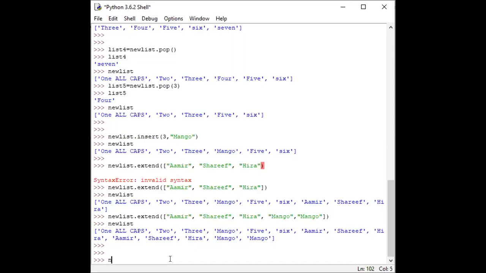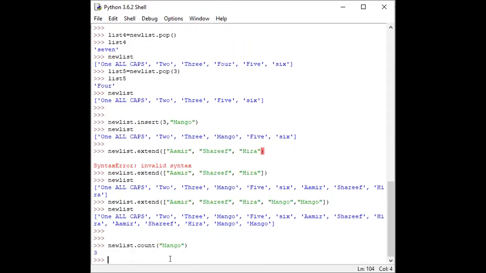For example, new list dot count, and count what? Sorry, mango. So here it shows that there are 3 mango present in this list. 1 mango is here and 2 mango are here. So in this way we can count the different values from our list.